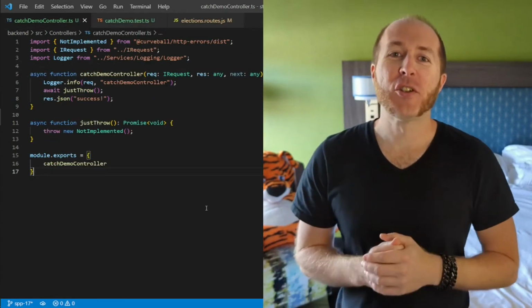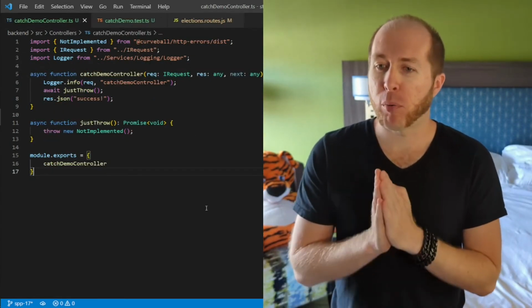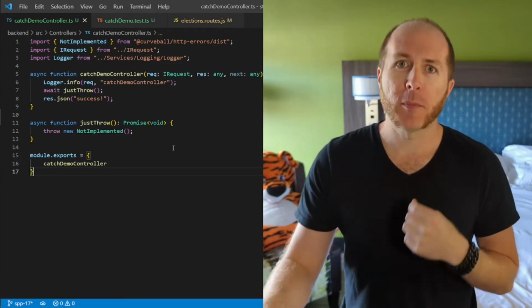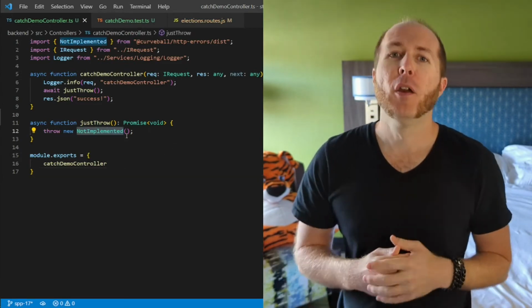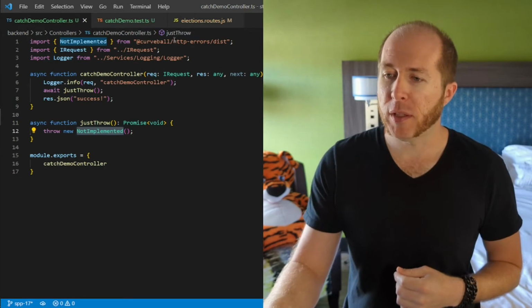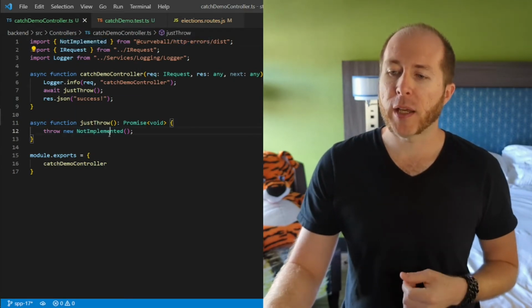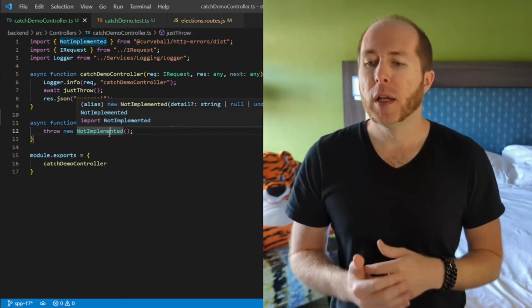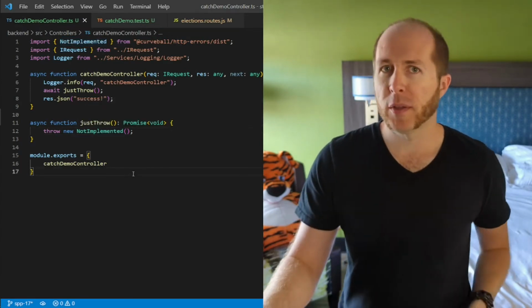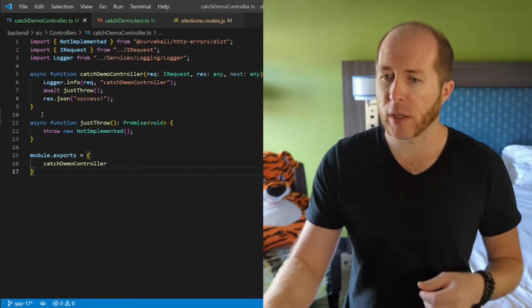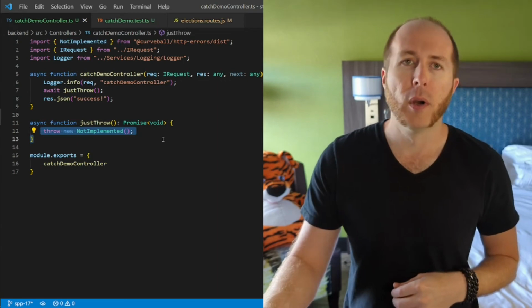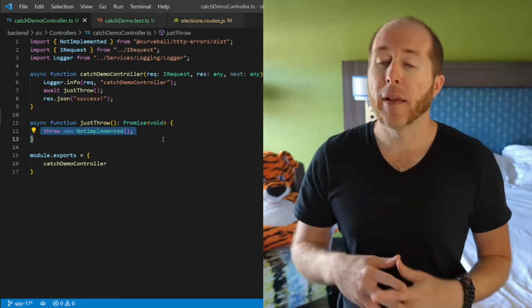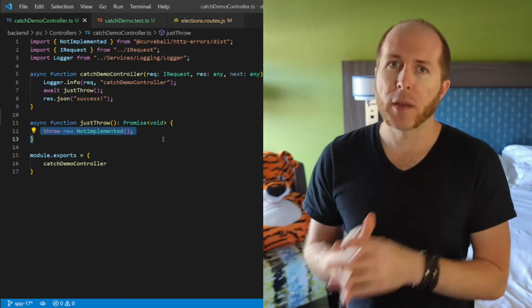Okay, the next issue I want to take a look at is catching promises. I set up a quick demo for this one. We had pulled in an HTTP errors library, which has a lot of very useful types for throwing errors like not implemented, bad requests, etc. So you can basically just throw one of those typed errors, and theoretically that should then send the appropriate response